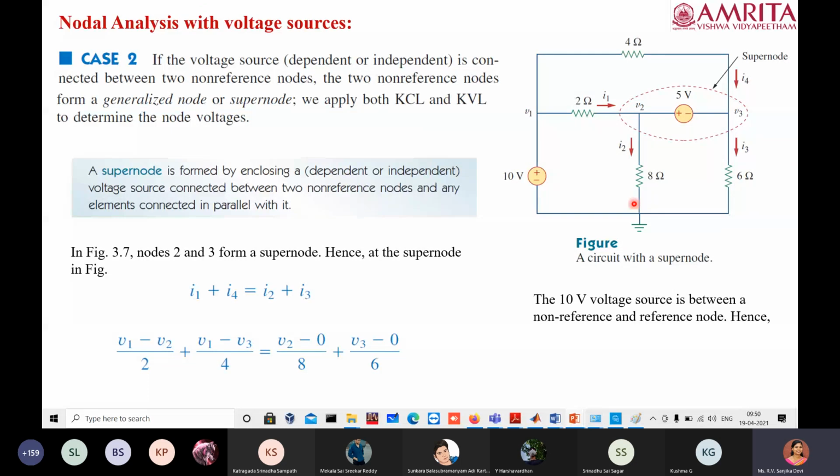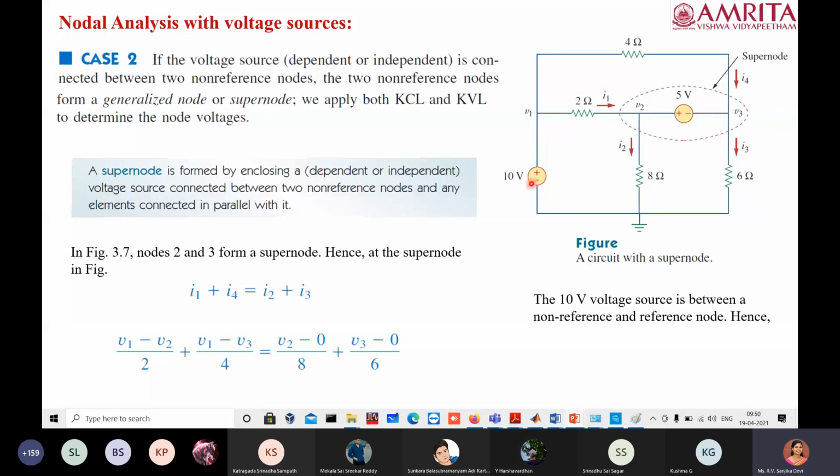For analyzing the circuit, we have to determine the nodal voltages V1, V2, V3. It is similar to how we fix the loop currents; we are fixing the nodal voltages as V1, V2, V3. The meaning of this is the potential at this point, for example V1, is positive with respect to ground. That's the reason why we directly write V1 is equal to 10 volt.